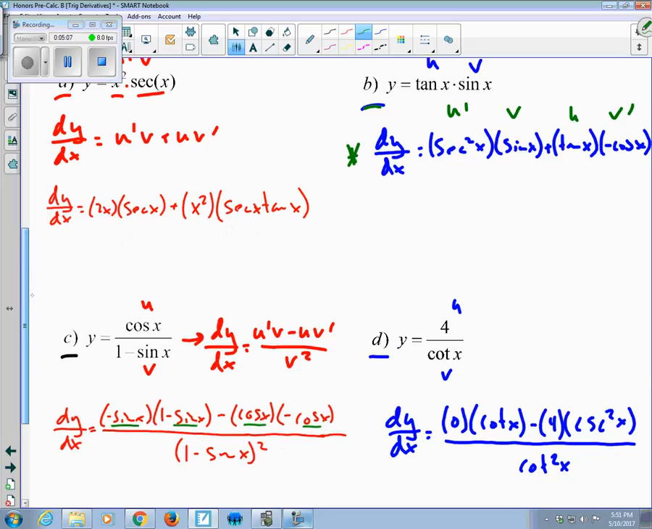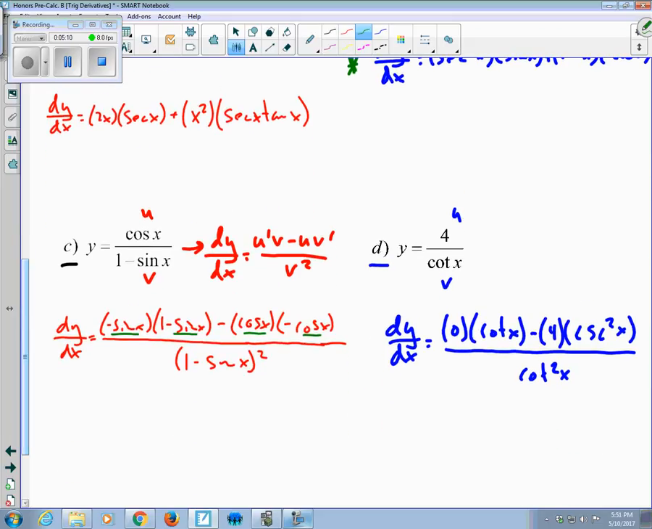Now right here with D, we've got our quotient, or our division, as 4 divided by cotan. And with our quotient rule, we can see that our numerator is going to be u prime v minus u v prime. Right here, the derivative of the numerator, 4, is 0, so that's our u prime, and then times our v, our denominator of cotan x, and then we've got minus 4 times, and right here, what did I forget? This is a negative cosecant. So 4 times the derivative of our denominator, cotan, which is going to be a negative cosecant